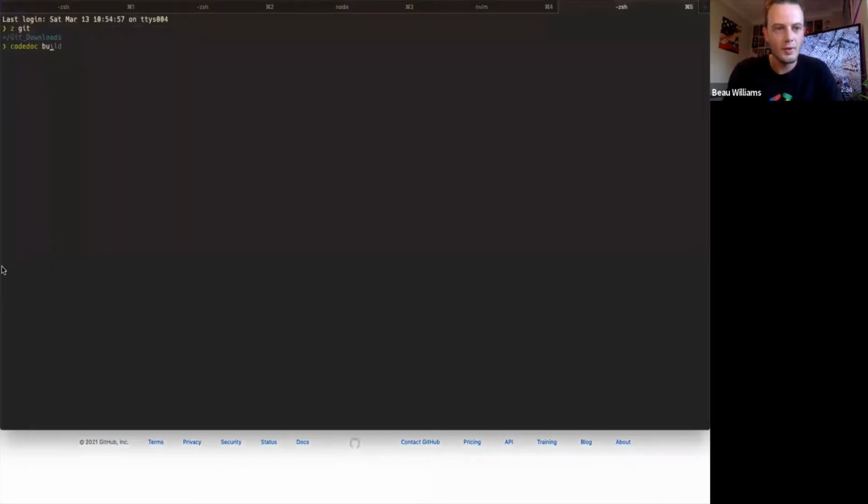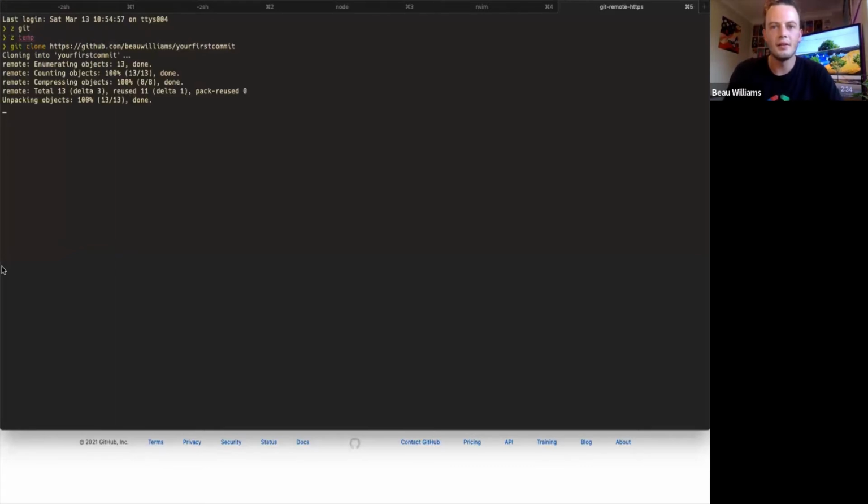I'm going to go to, let's go to a temp directory. Now I'm going to do git clone. And it's going to clone it for us. Now we can cd to this folder, and there we are.